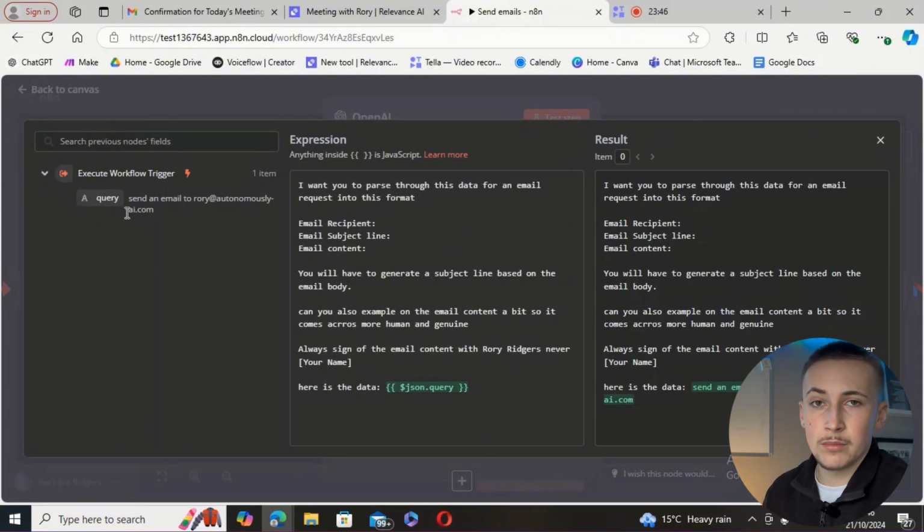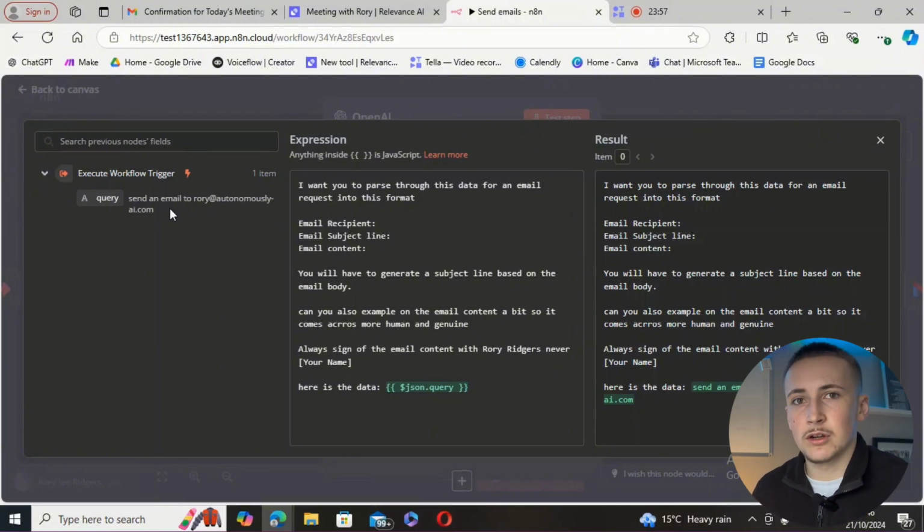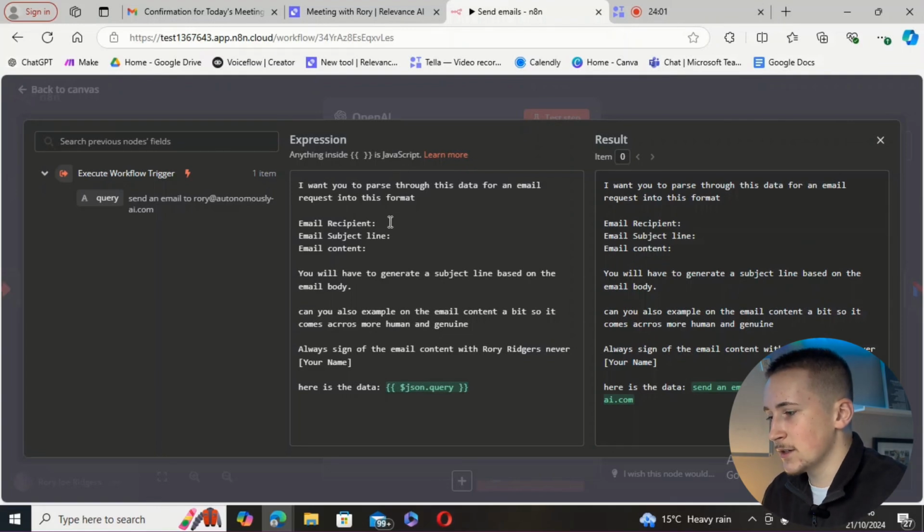So this is an example of how it would receive the data: send an email to rory@autonomouslyai.com. It should also say actually what's going to be in the email. So send an email to rory@autonomouslyai saying, are you still up for that meeting, whatever it is. And it's going to pass that data into the email recipient as its own variable, the email subject line as its own variable, which I've said here, it will have to generate on its own, and then the email content into its own variable, which you'll also have to expand on a little bit,